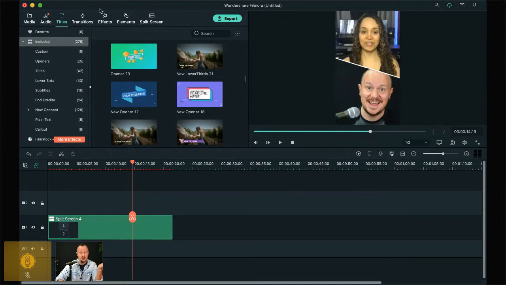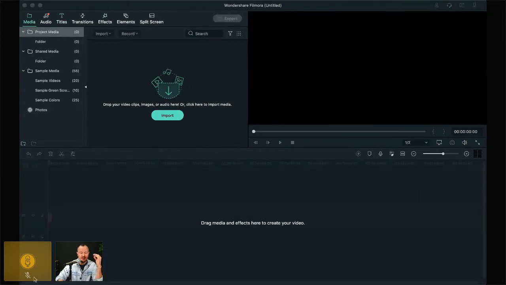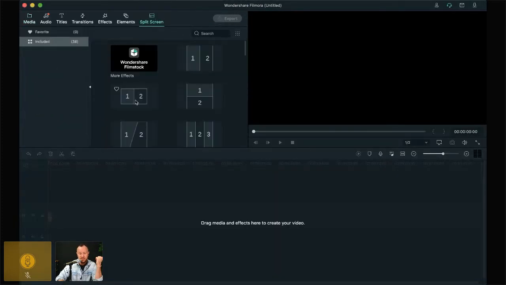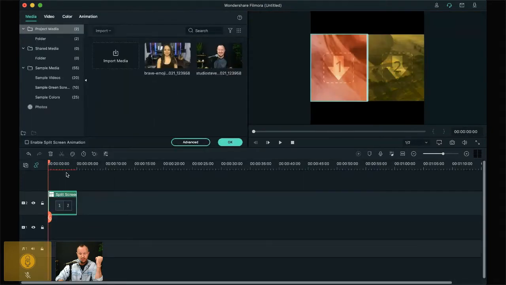So to show you again real quick, we say File, New, and now I'm going to make a square video, and I'd say Save. And in the square video, you just pull in both video files into that. You pull both video files into the split screen. This is, again, why I said I really love Filmora, because they have the split screen option, and it's really quick. So here we go.